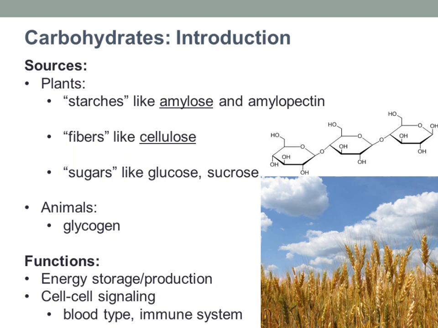But when people talk about sources of carbohydrates, the big one is plants. When you say starches, people are talking about things like amylose and amylopectin. We'll talk more about amylose in a couple videos here. And also fibers. If you look on a nutritional label, you know how many grams of fiber there are in a serving. They're talking about a bunch of molecules, one of them being cellulose, for example, which is this molecule right over here. That's a snippet, I should say, of cellulose, which is supposed to be mostly indigestible. We'll talk more about that later.